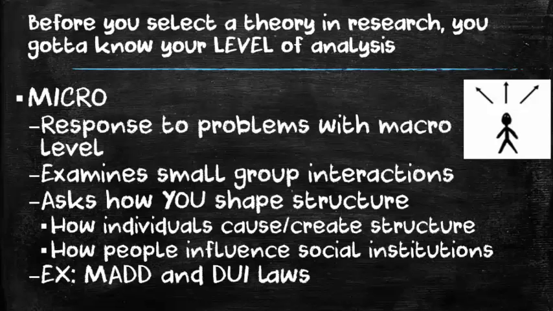And the best example that I've come up with in the past few years is Mothers Against Drunk Driving and DUI laws. Mothers Against Drunk Driving started out as a few people who had lost children in drunk driving accidents. And those people got together and they started to figure out ways that they could try to influence law. And over time, that group grew bigger and more people joined, and they became more powerful. And as they became more powerful, they were able to lobby lawmakers to change our laws. This is an example of small group interactions pushing back against the structure and changing the bigger picture.